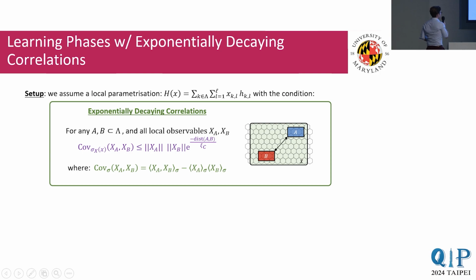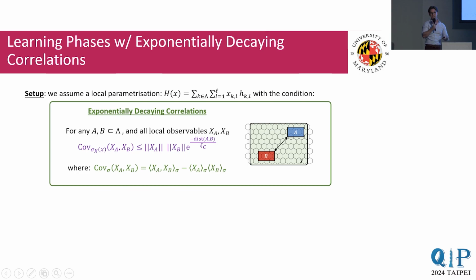And I'm going to enforce the condition that everywhere in this parameter space, our Hamiltonian is going to have exponentially decaying correlations. So if I take two local observables and consider the covariance between them, it's got to decay exponentially with distance. Now the reason I'm enforcing this condition